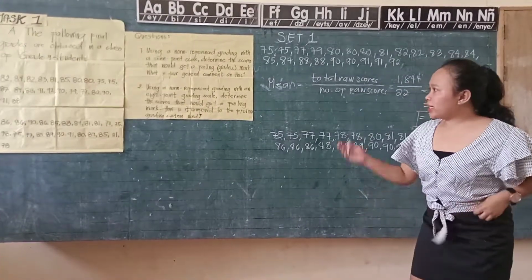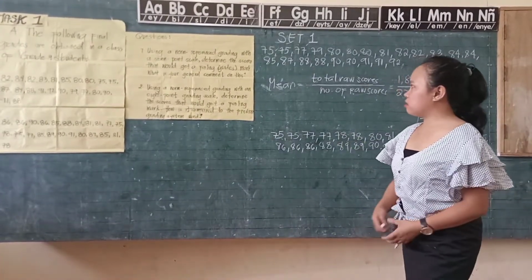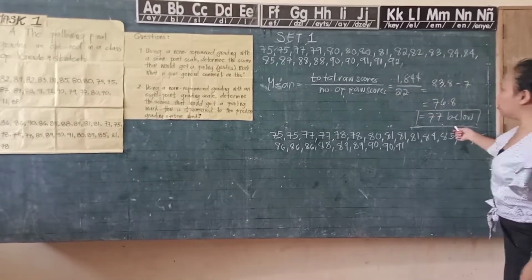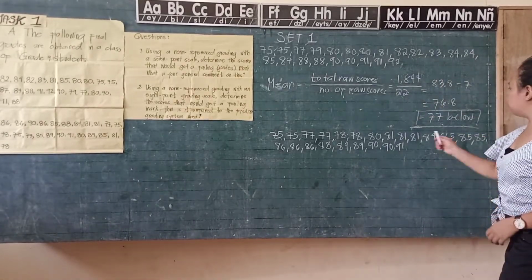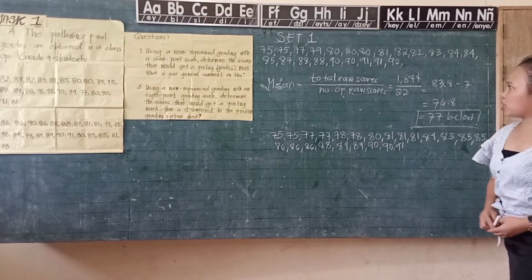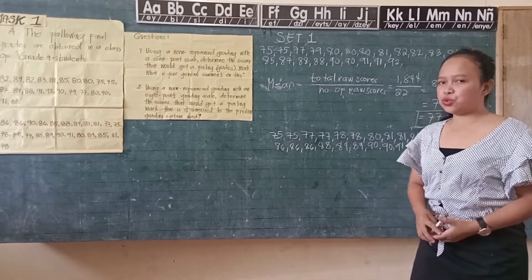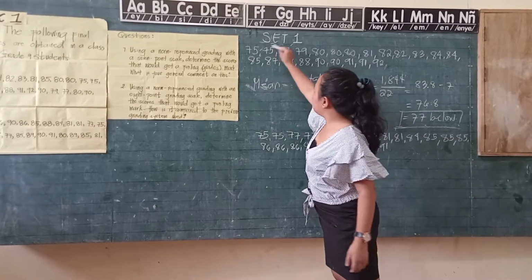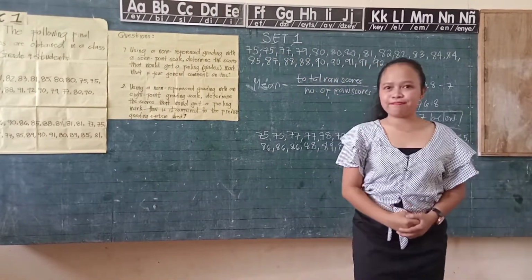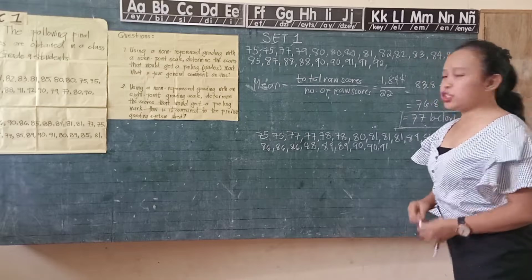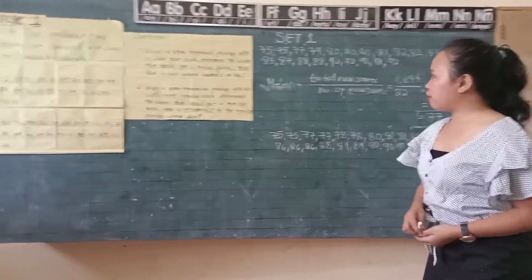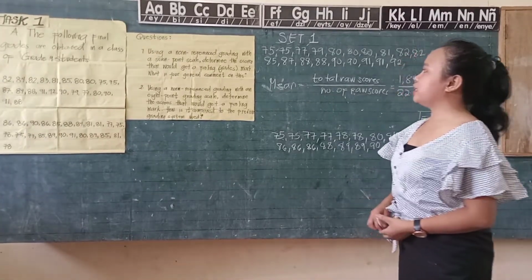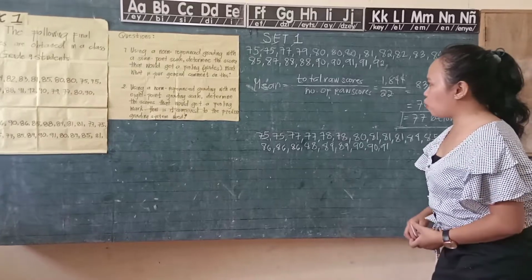So, what is your general comment on this? Since 77 below is the failing mark, I can say that in set 1, there are 3 students who had a failing mark. Here is 75, 75, and 77. Number 2 question, using a norm-referenced grading with an 8-point grading scale, determine the score that would get